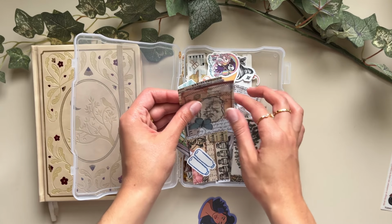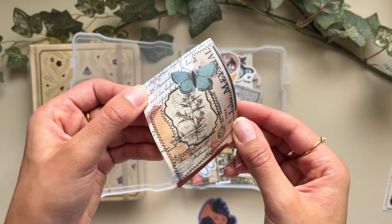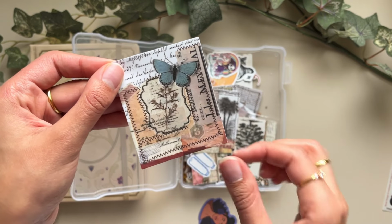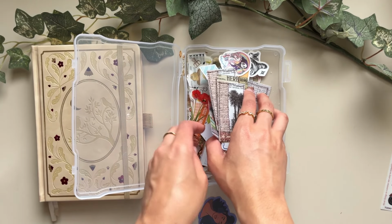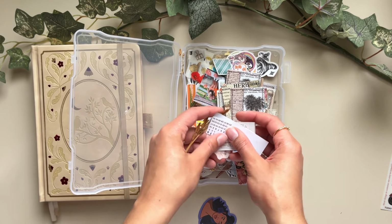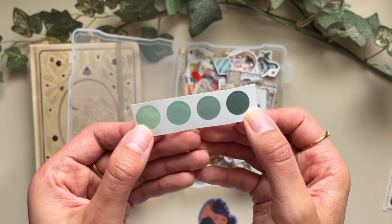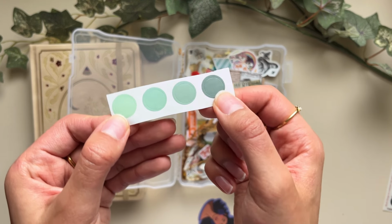What is this? This one, what is it? Okay, so we have another situation where it's just a piece of paper with multiple things on it. We've got a butterfly, some words. Okay, and I'm gonna close my eyes again and let's pick one from down here. Sick. Okay, this is just a row of dots, but definitely could be used to tie a color palette together,